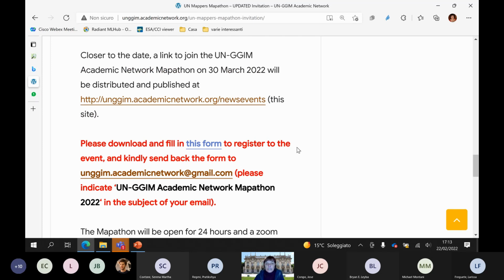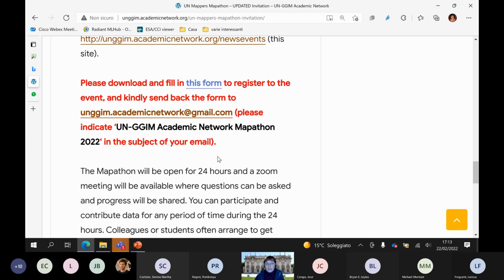So please register to the event, filling in this form, giving the pieces of information about your university in such a way that we know who is going to contribute, and we are able to better organize the Mapathon that day,